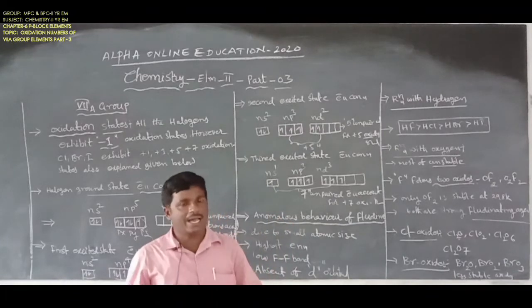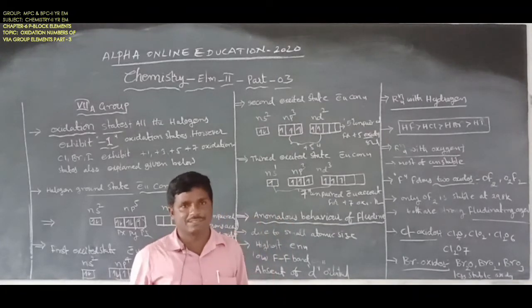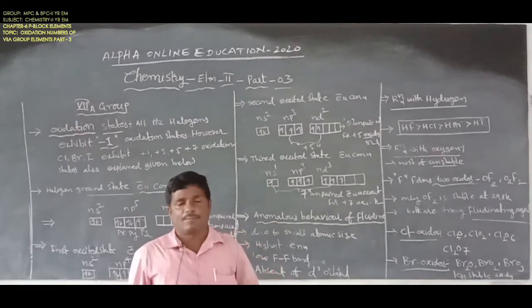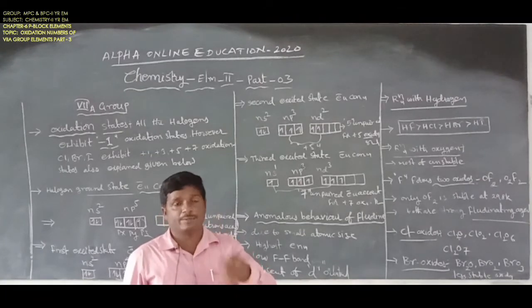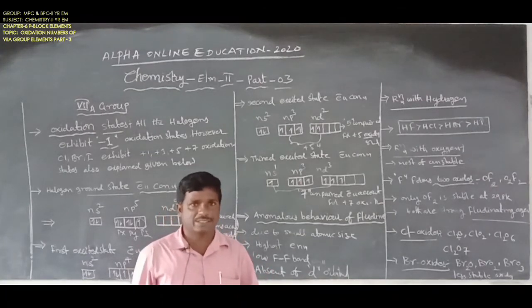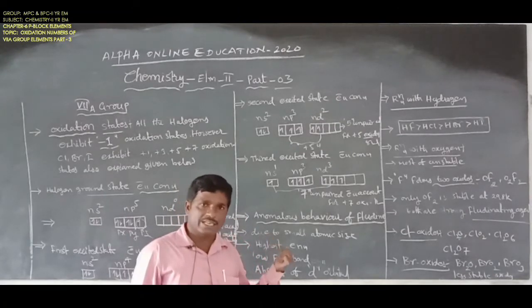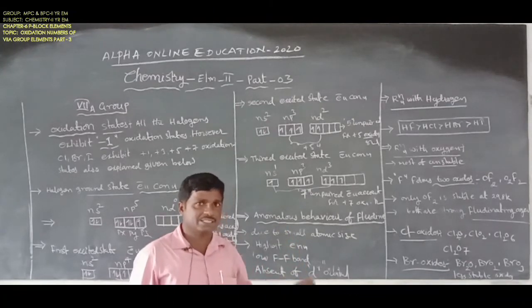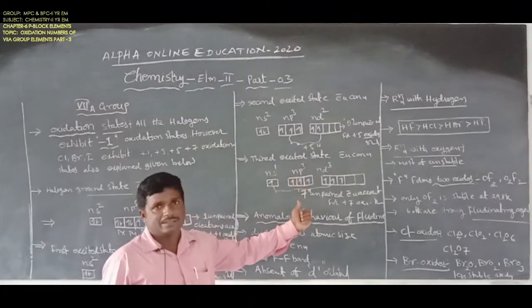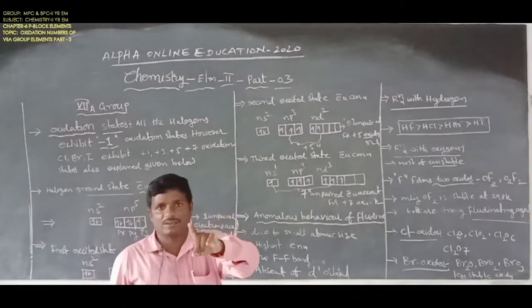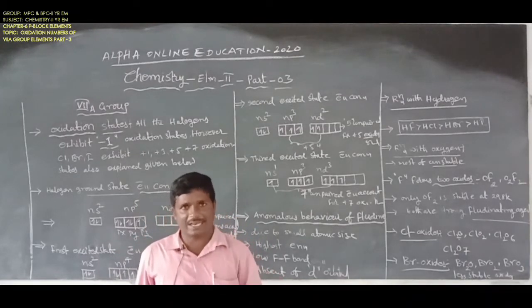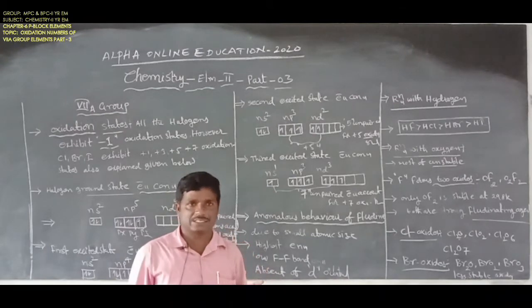All halogen elements, the 7th group elements, exist in the minus 1 or plus 1 oxidation state, and plus 3, plus 5 and plus 7 oxidation states, due to the presence of unpaired electrons in the ground state electron configuration, first excited electron configuration, second excited electron configuration and third excited electron configuration. In the ground state electron configuration, there is one unpaired electron, so those elements have the plus 1 or minus 1 oxidation state.